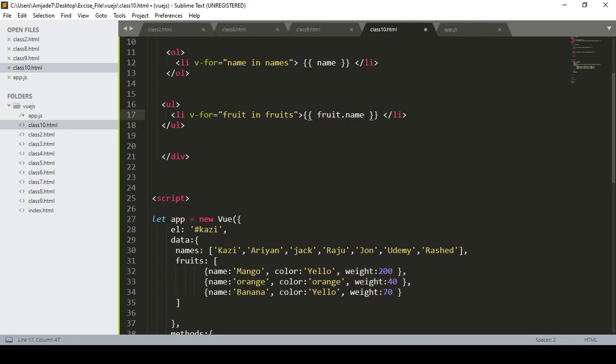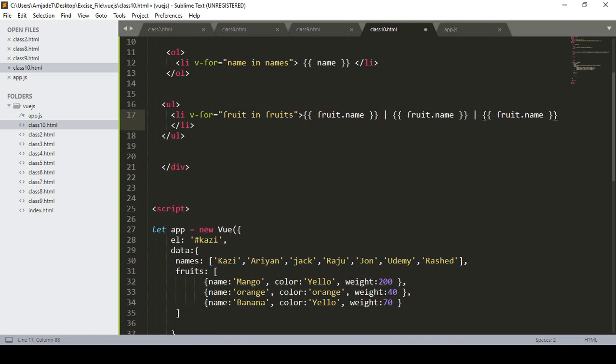I also want to display another one, so better I copy it and paste it here, and also for the weight I have to define it. So that is our fruit. With this fruit I want to display our color, and also I want to display the weight. Now if you click on save all,